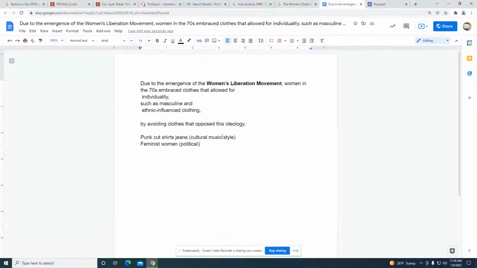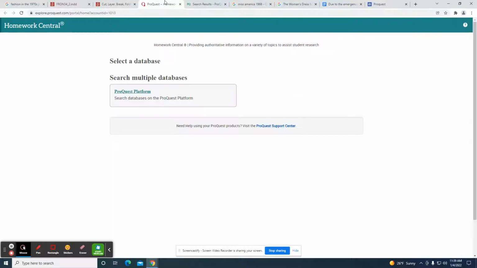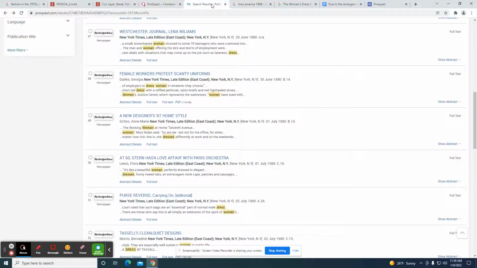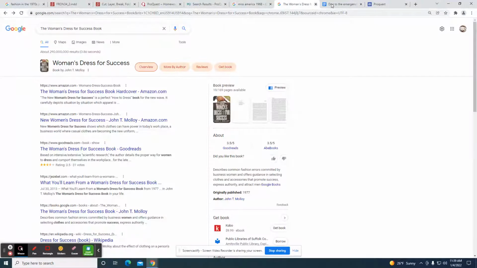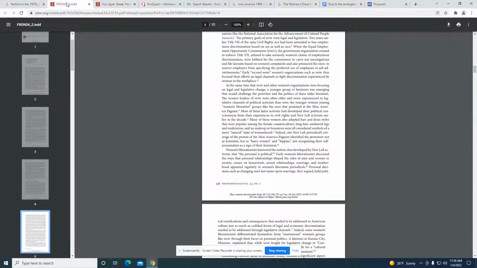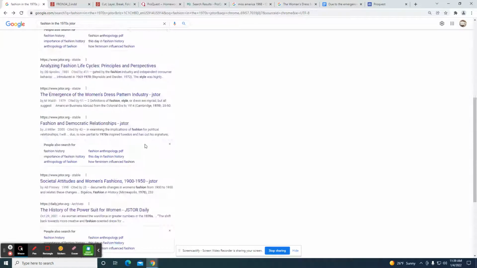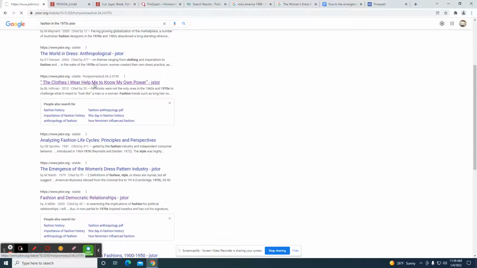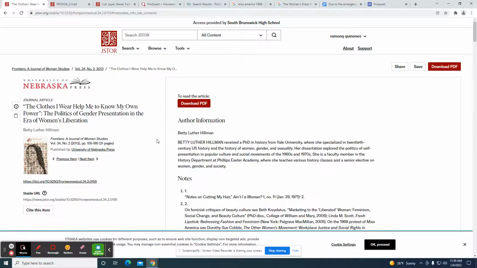The example that they used was the hair. The hair was shortened, and so these women are trying to really change the traditional, for lack of a better word, pre-1970s style of dress for women. Then we did another JSTOR search, and we had come across, where is that article? We came across this link here, and this link, no, not that one,